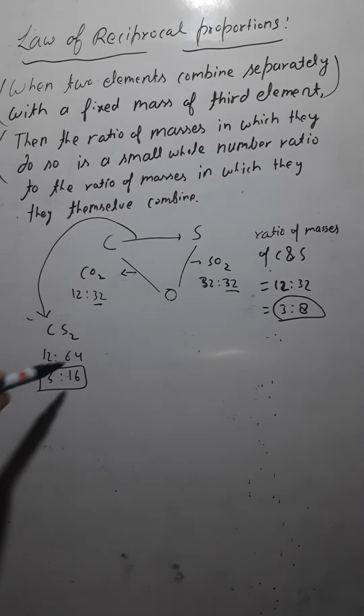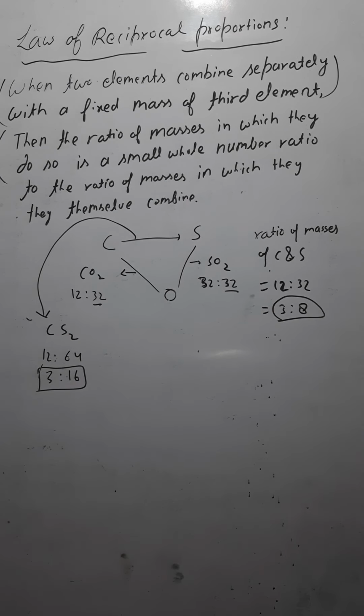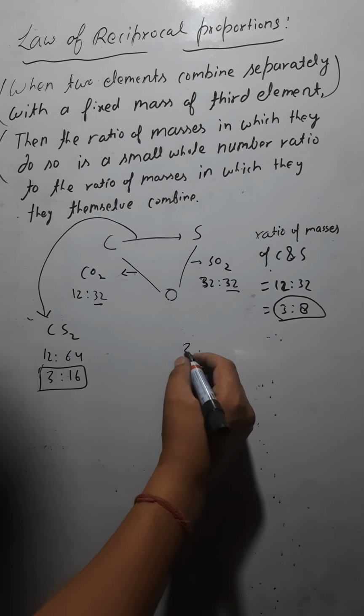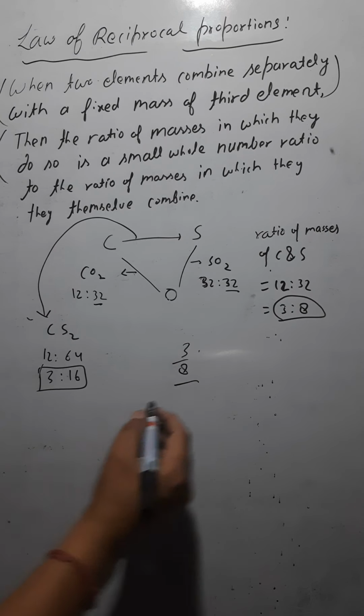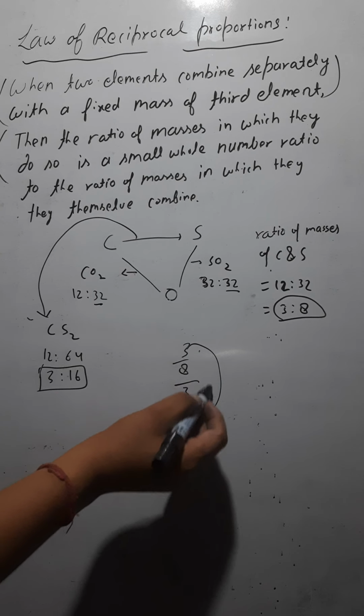So this one ratio and this one ratio would be a whole number. So let's find out whether it is a whole number or not. Okay, so let's check it. Let's divide this and this. So find out the ratio between these two. So this is 3 by 8, and this is how much? 3 by 16. Okay, so 16 would go up and 3 would come here.